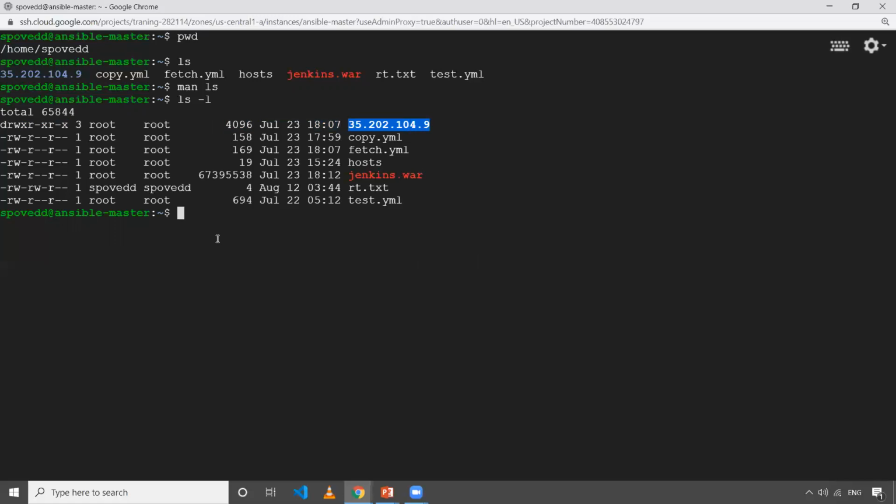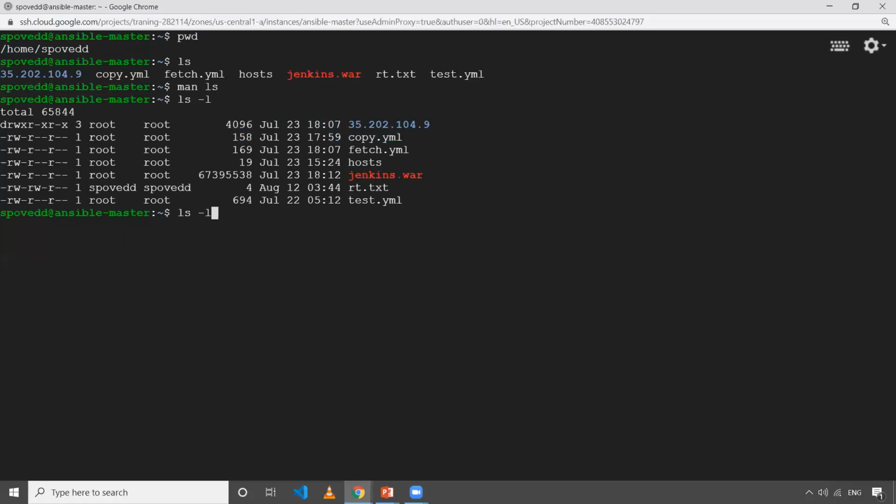So if you want detailed information about your file, you can use ls -l. And you can combine other options as well.